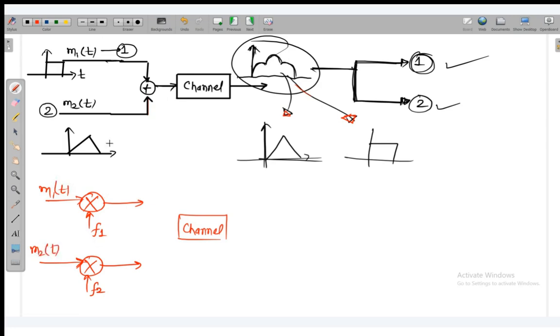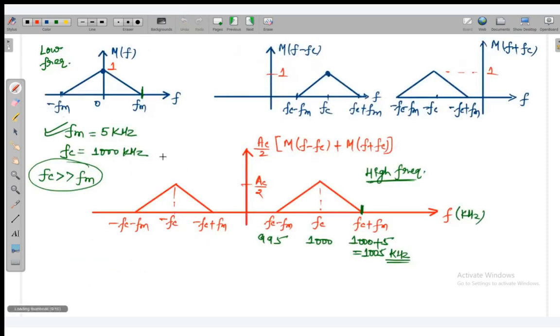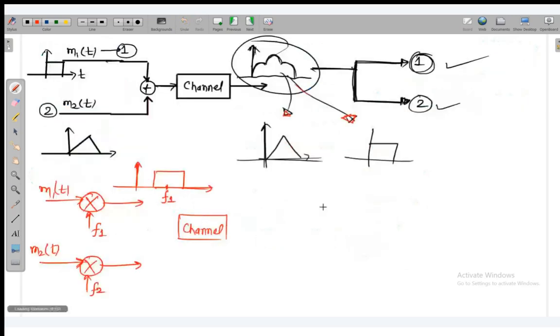Now this message signal has the Fourier transform M1(f), and now suppose this has been shifted to f1. You know how it is shifting, right? We have already understood in the previous example how to shift it. Whatever shape is there for the message signal, when you multiply with the frequency fc, it shifts to fc. So similarly, whatever is the shape of our message signal, when I multiply with f1, this will shift to f1. When I multiply with f2, this will shift to f2. So this is the spectrum of the first user and the second user,